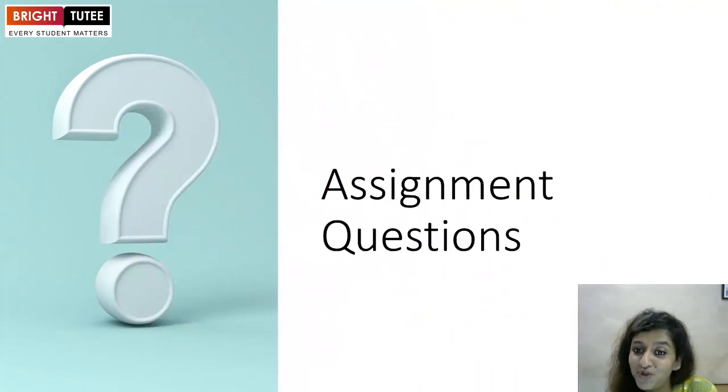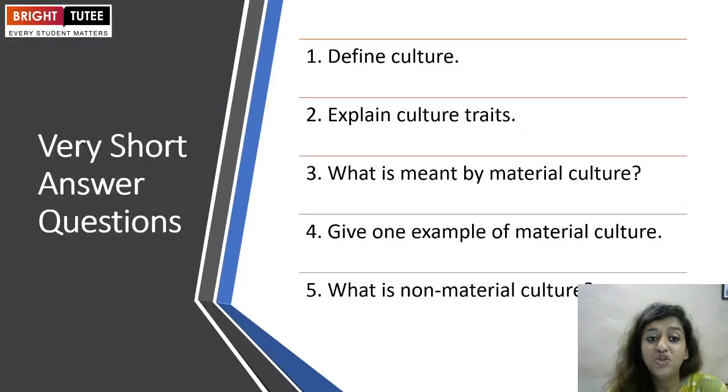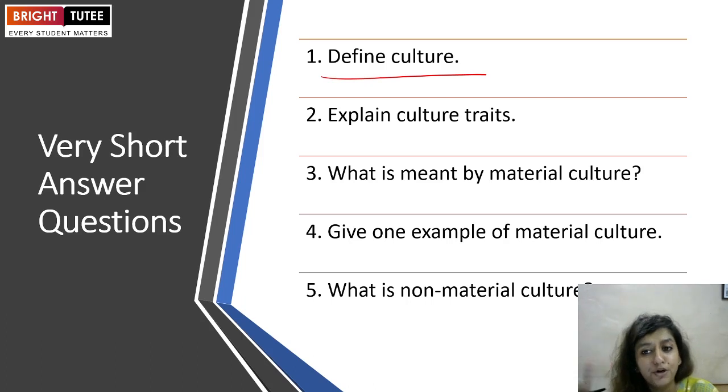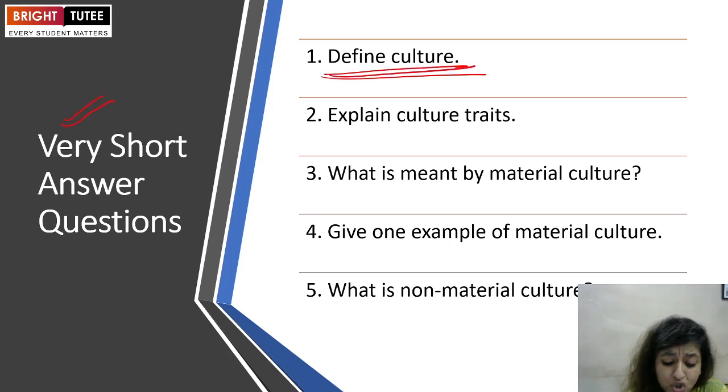The assignment questions. You have the assignment questions, which are broadly in four major categories. The first is very small answers. The first question says, define culture. If you talk about the first two slides that were defining culture, it is the way of life found in the society, that is how you define culture. Because it is a very short answer question, these are majorly 1 markers or MCQs at times.